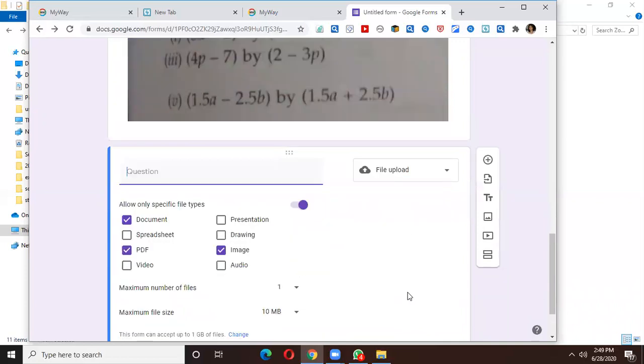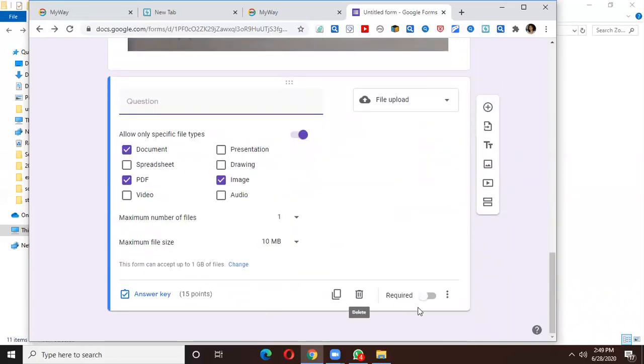Make it done. And here I would like to say, teachers, please do not make it required. Do not make this question mandatory, because while answering, the students might face difficulties in uploading the file. If a student faces this difficulty, then the student will lose time. So in that case, we can tell the student, if your file is not uploading, please continue with the rest of the question paper and submit the paper. Later on, the child can make it a PDF file and then send it to the teacher. So I would request all the teachers not to select this required button.